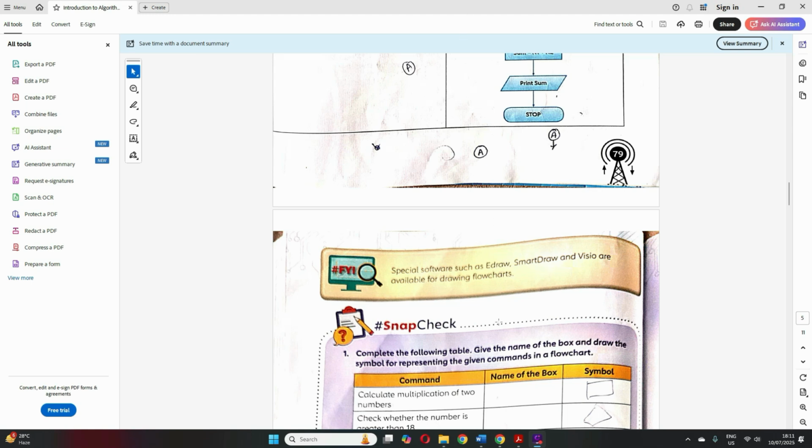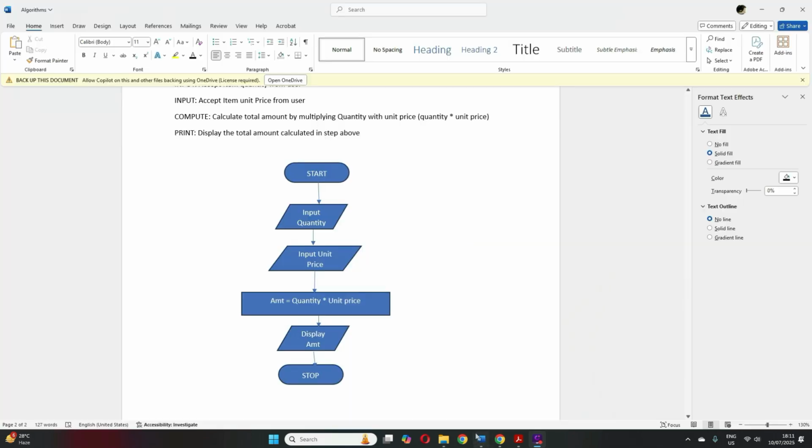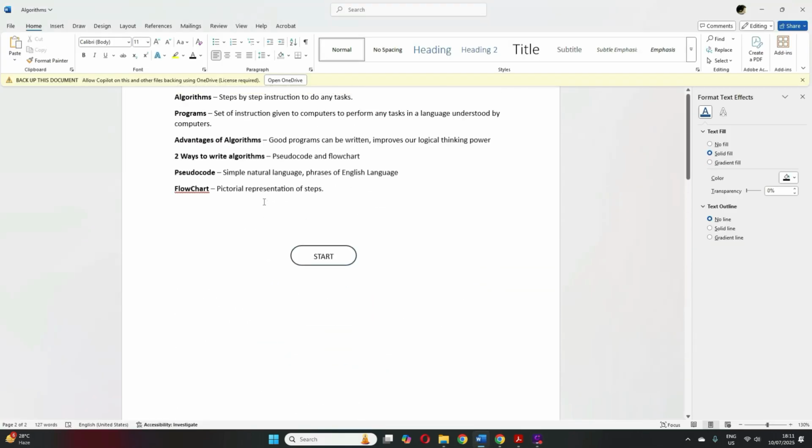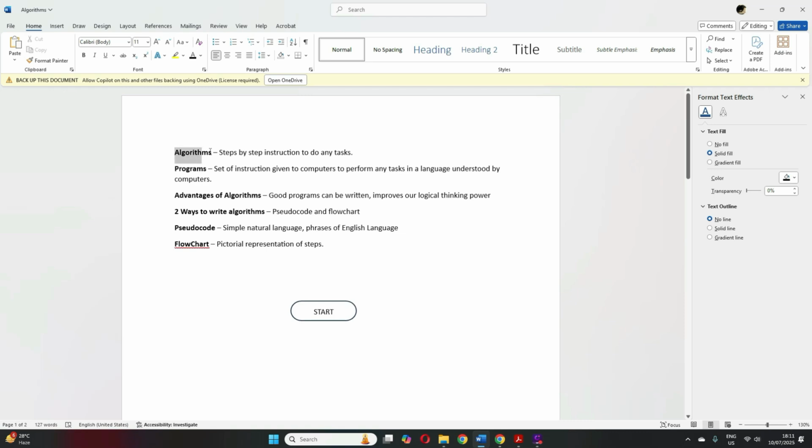Okay, so team, let us quickly revise what we have done till now. We have done algorithm. That was a step-by-step instruction that we give for any task. Then we saw computer program, which is a set of instructions given to a computer to perform any task, but in a language understood by the computers.